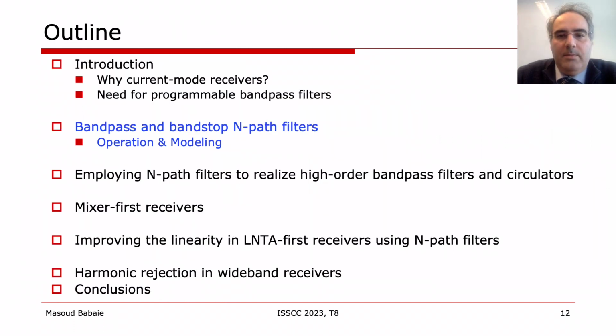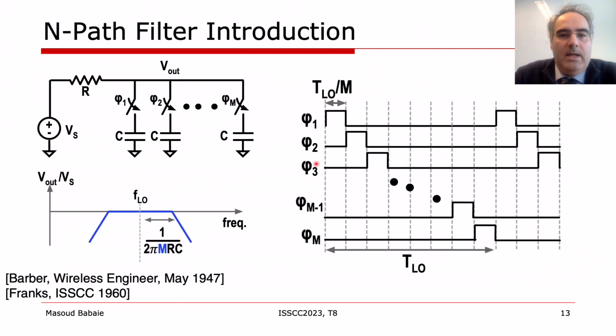First, I explain the impedance transformation property of the passive mixers in the context of N-pass filters. An N-pass filter is composed of a resistor, N baseband capacitors, and M different switches driven by M non-overlapping clock phases with a frequency of FLO. Consequently, the pulse width of each clock phase is TLO over M, in which TLO is the clock period. In this configuration, at any moment only one of the switches is on and connects its corresponding capacitor to the